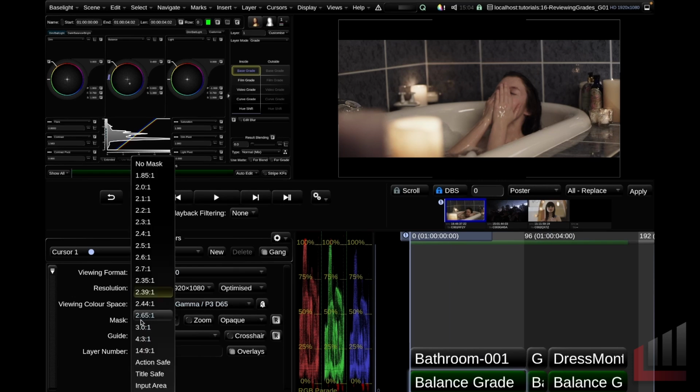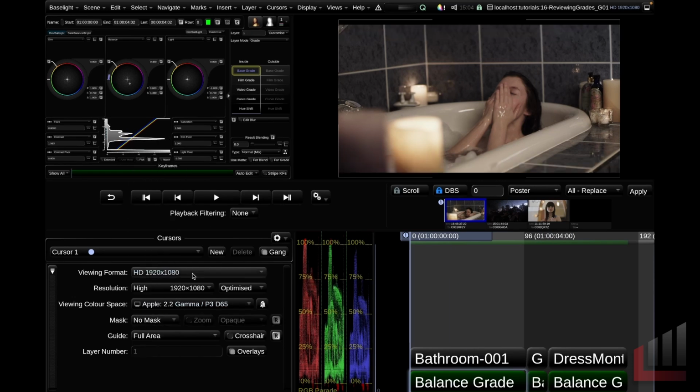I'm going to go down to my mask and just remove my mask here, and I'm going to remove the mask option by hovering over the mask. You should see a red line appear, and you can just left click to clear. Fantastic. There's some really great uses for having multiple cursors within one scene, but in this example, we're going to